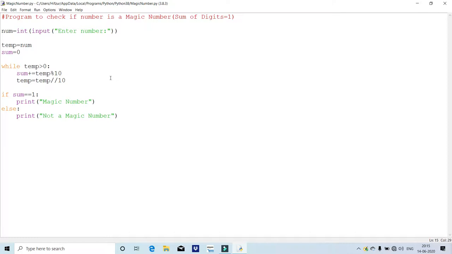The thing is, this program has to be modified, because whenever you will get a sum as a 2-digit number, then it may give not a magic number. Let us say you got sum as 28 and 2 plus 8 is going to be 10. So 10 again added, 1 plus 0 is going to be 1. But initially you would have got the result as not a magic number. So you need to change this